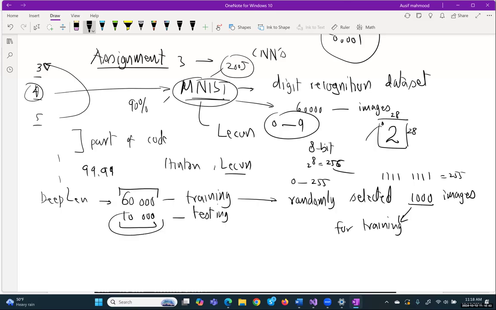However, you'll test it on the full 10,000, to see how good your network is, right? And after assignment number 3, we've already discussed that